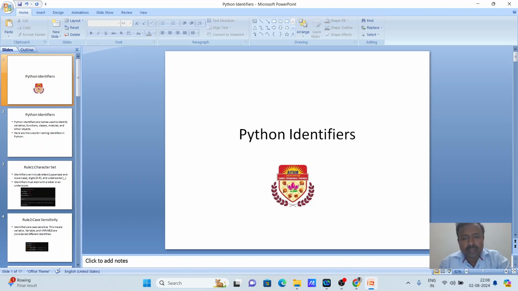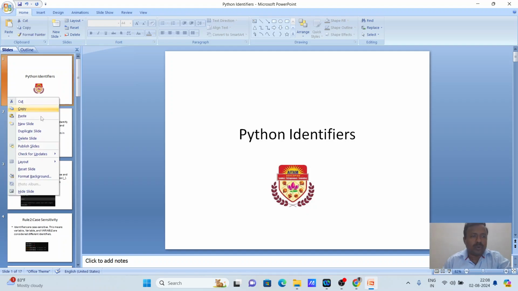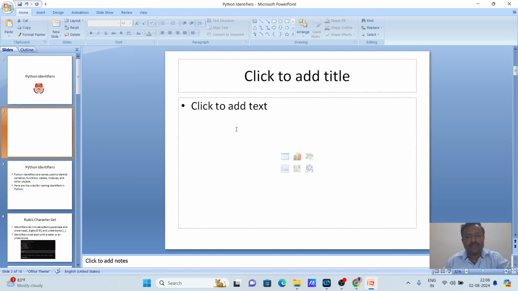Today we will discuss about Python identifiers. Python identifiers, right? So before I am going to discuss about the identifiers, let me tell you a